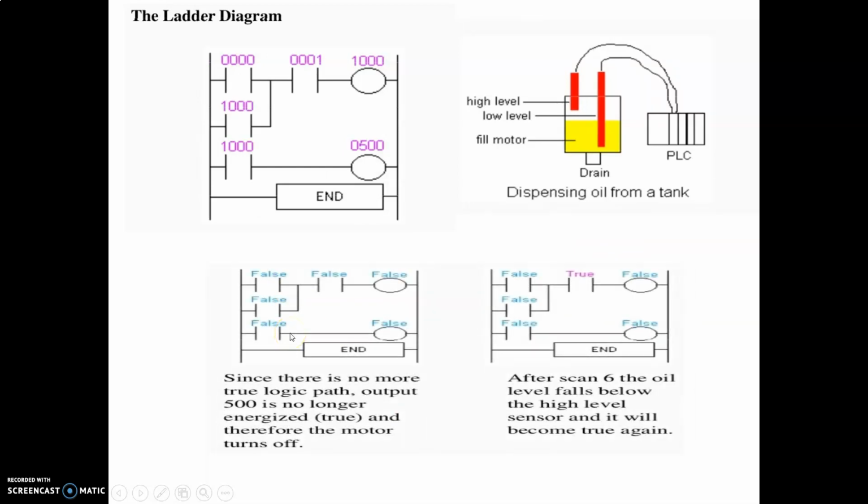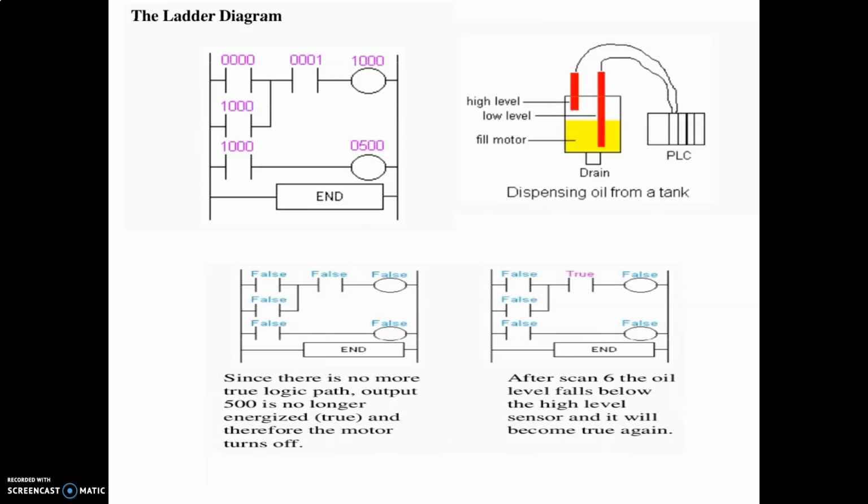Now in the next case, look here, the level of liquid is now above the high level sensor. Our condition is that in that specific case our motor should turn off. As you can see here, both of these become false. This was false initially, now this has become false. So our coils will get deactivated, they will not get energized. So this will also become false and this will also become false, and our output becomes false. So whenever the liquid rises above the high level sensor, our motor now stops.